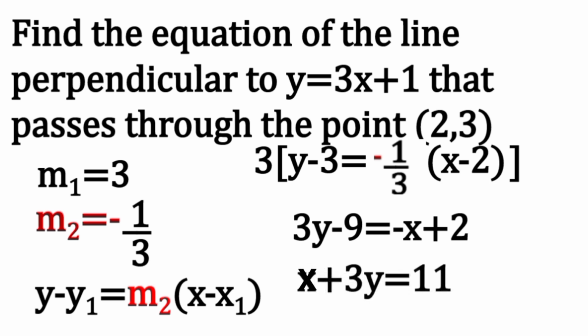We have x plus 3y equals 11, and this is the equation of the line perpendicular to y equals 3x plus 1 that passes through the point